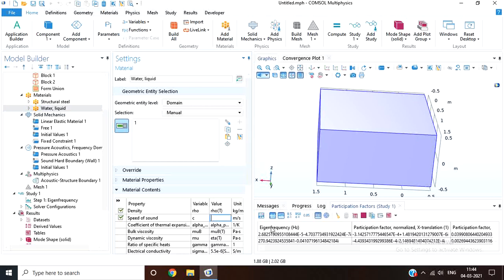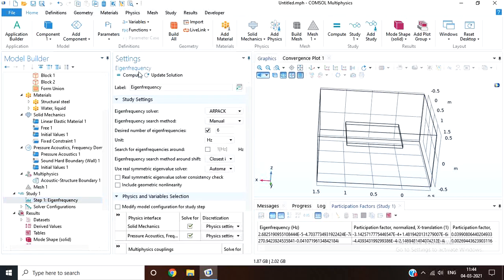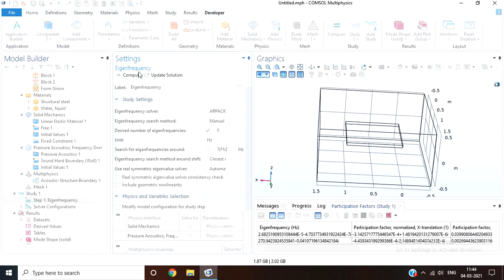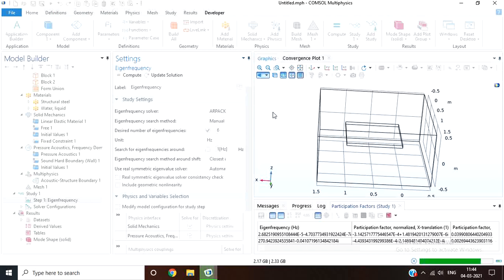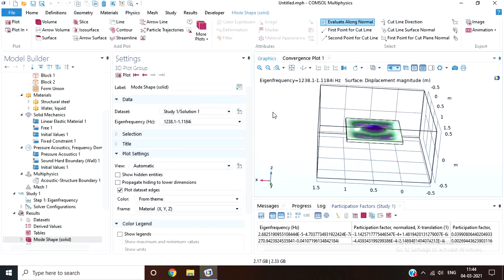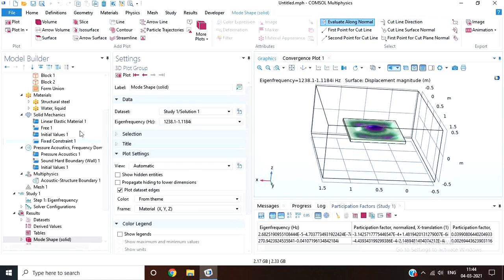Let's make it 20,000, which is close to infinity, such that there is no damping effect, and then we can compute. So these are the mode shapes in water for a clamped plate.